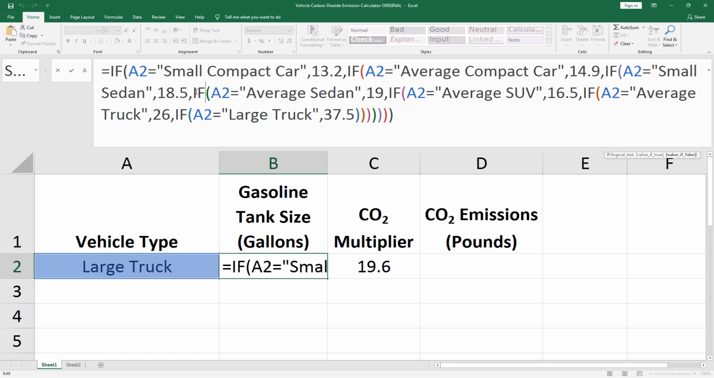This one is a green parenthesis that says if cell A2 equals "average sedan", and that's in quotes, then, denoted with a comma, insert the value 19. Notice that this if statement is closed with a green parenthesis, again at the end of the entire if statement. Since we have more vehicles to consider, we leave this entire if statement open with a comma and insert another